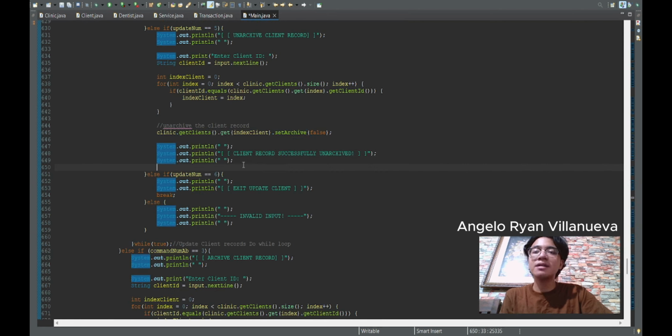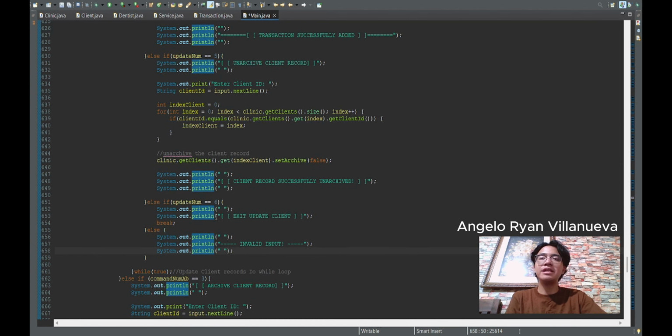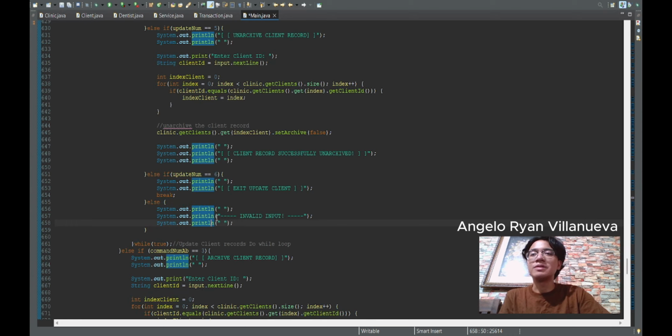After that, if the user wants to exit the update client menu, he or she must enter command number 6. If the user inputs an invalid input, it will show an error message. So that is it for the manage under the update client menu. So moving on,